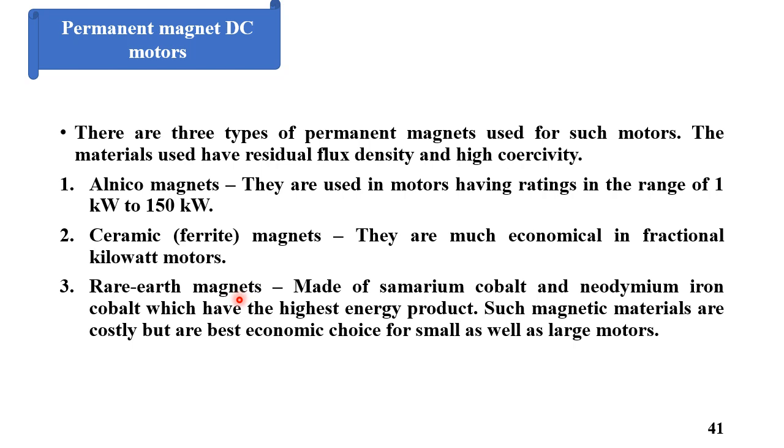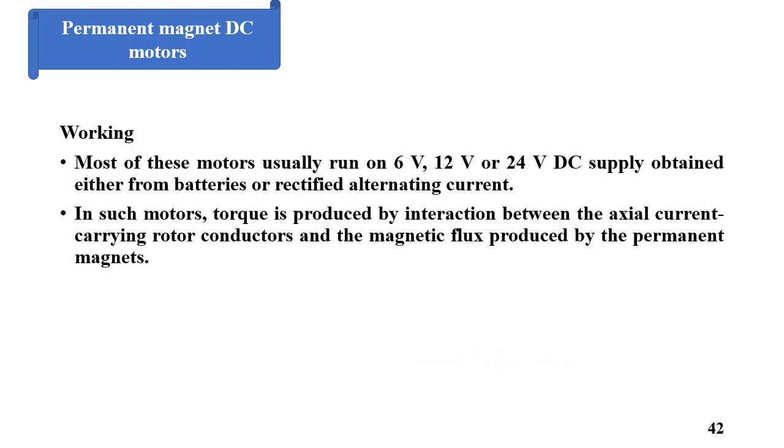For rare earth, the third type, rare earth magnets are made of samarium cobalt and neodymium iron cobalt, which have the highest energy product. Such magnetic materials are costly, but are the best economic choice for small as well as large motors. The working principle of this type of motor: most of these motors are usually run at 6 volt, 12 volt